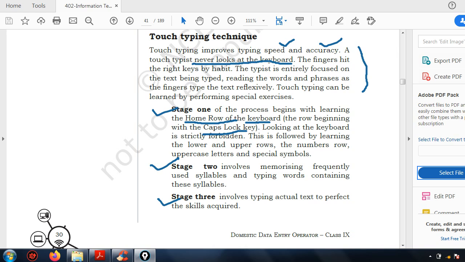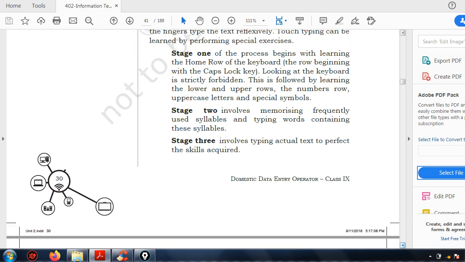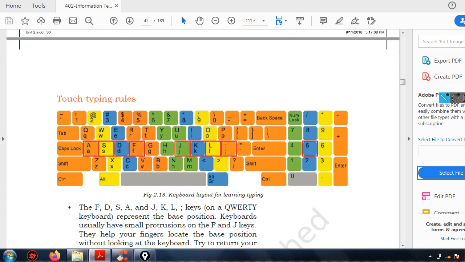Okay, so I am showing you stage 1. In stage 1, you have to learn the home row. Where is the home row? I am showing you. Here, see. This is the caps lock key, and this row is the home row. Understood? These four: 1, 2, 3, 4.